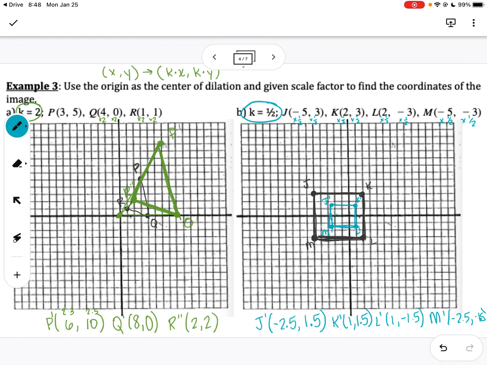And the image, the new rectangle, is smaller than the original. And I knew that that was going to happen because my scale factor was less than 1, so that is a reduction. So when it's less than 1, your new figure should be smaller than the original. When it's greater than 1, it should be larger than the